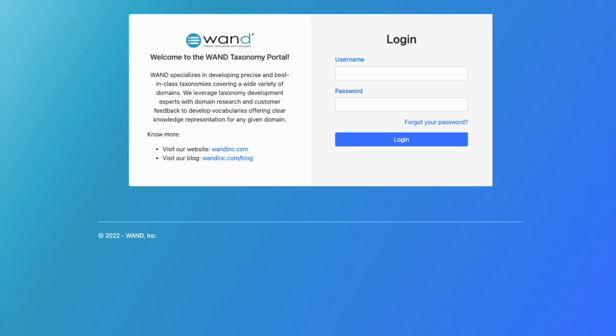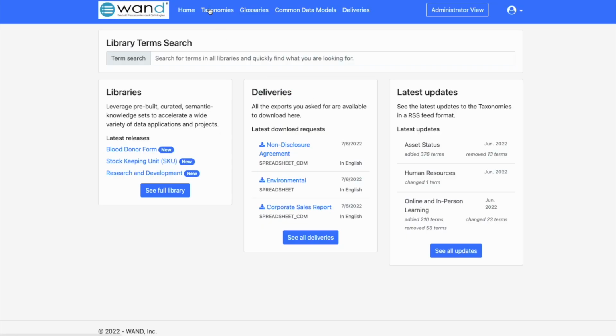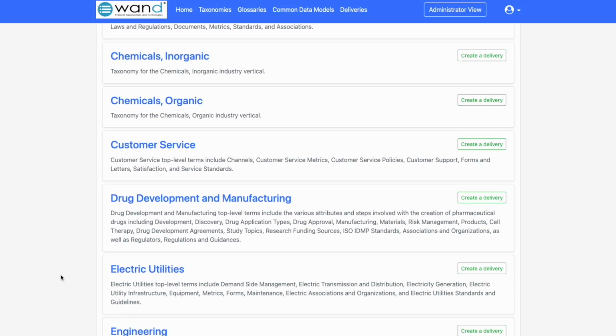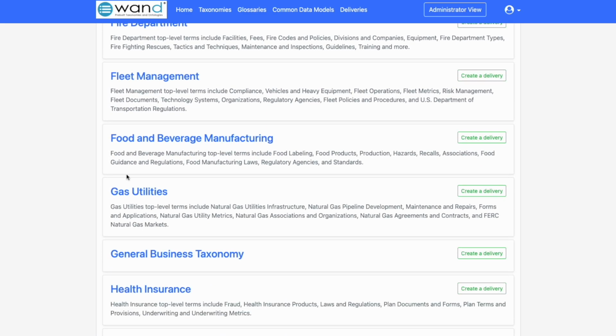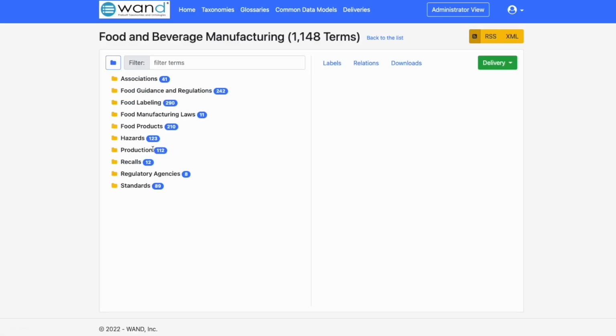The download, delivery, and access to our taxonomies takes place on our WANT taxonomy library portal. Each of our clients gets a username and a passcode. Once logged in, you'll be able to go to the taxonomy library, and we're interested in the food and beverage manufacturing taxonomy. What we can do is explore the various taxonomy terms by drilling down this tree: associations, food guidance